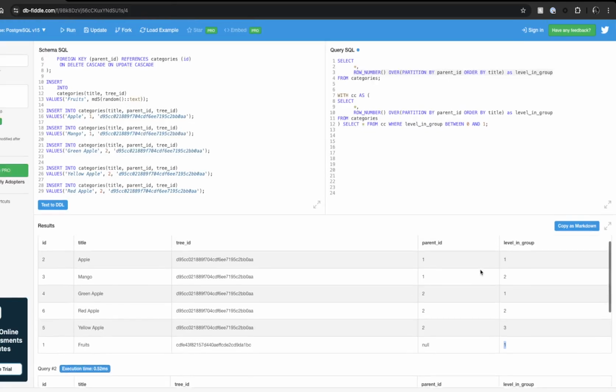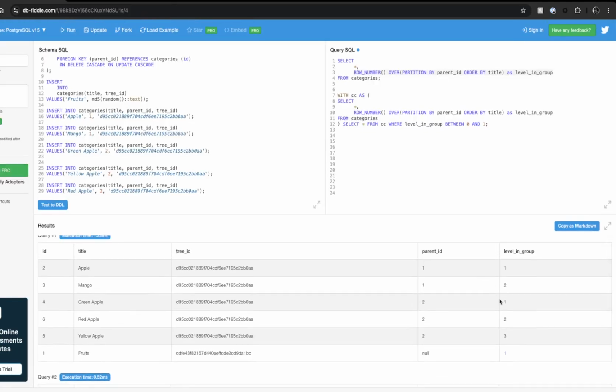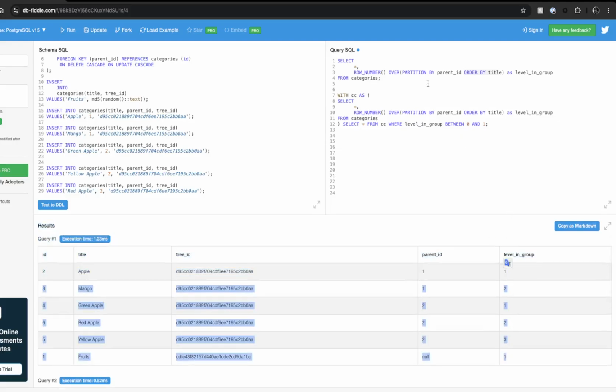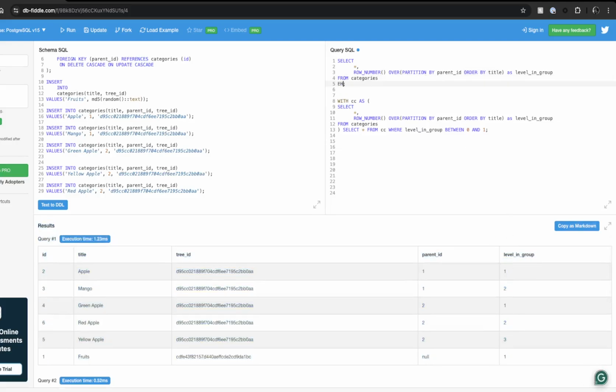So I think you can see how this can be used to filter or paginate. And yeah, I think it's a really good thing. Another thing you should notice, we can order, not only partition. So we're creating these kind of subgroups inside the whole result, and we can identify them using this new column. But the thing is, we can't filter by it. If I say where level in group equal 1,